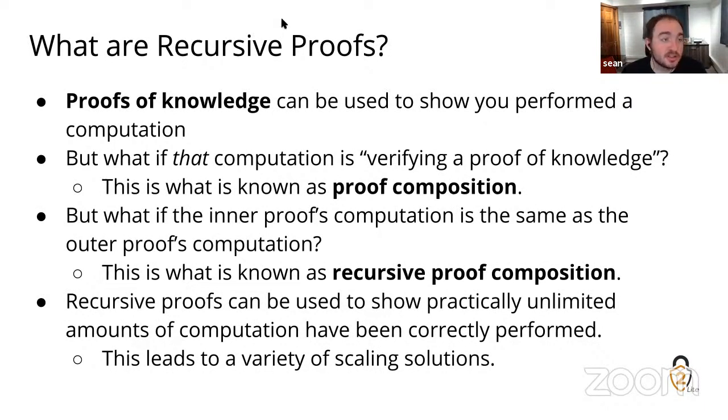This is what's known as recursive proof composition, and we can use this to compress basically unlimited amounts of data into a single proof, which is really awesome. And it's really helpful in scalability because we can compress checking computations like, for example, is this block correct? Are these blocks correct? Are these transactions correct together? And it's just one of many different useful tools that we can use to scale Zcash. So on the next slide,